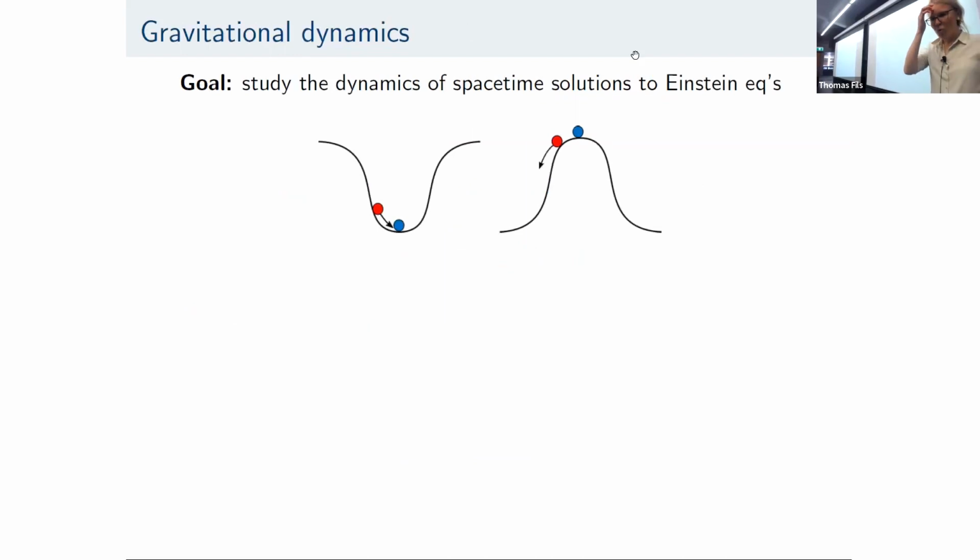So what is my goal? My goal is to study the dynamics of space-time solutions. I've just given you two special solutions, one the Minkowski, one the Schwarzschild, and now I'd like to know the dynamics. Are they stable solutions? If I perturb them in some sense, are they stable, or are they unstable ones? Do small nudges of these solutions lead to something quite different? That's the heuristic to have. We can make this concrete in the world of